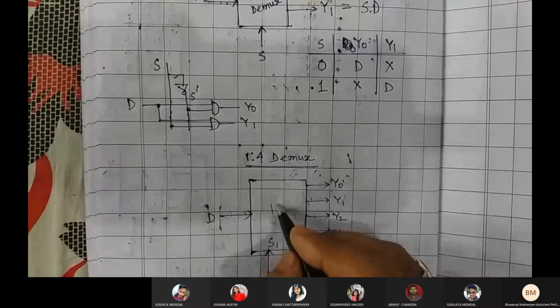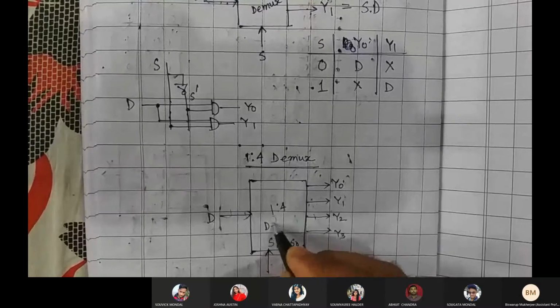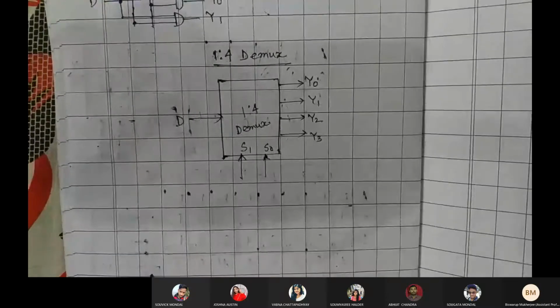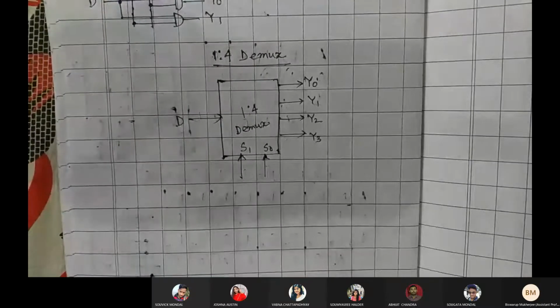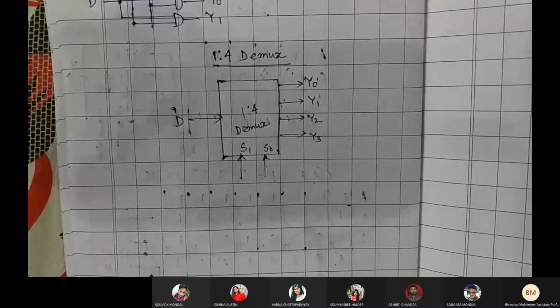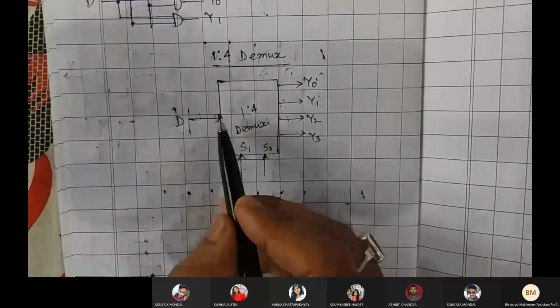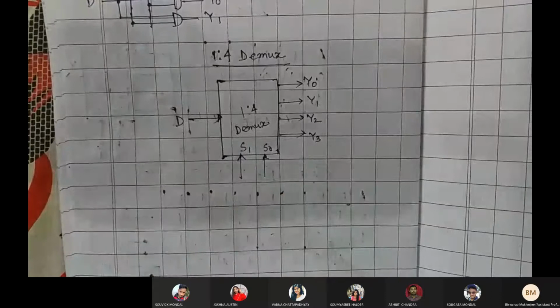This is 1:4 demux, right? Just the opposite of multiplexer. The logic is something like that. As per the combination of S0 and S1, this data line input will be propagating towards